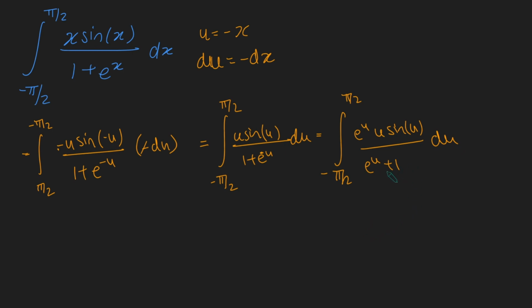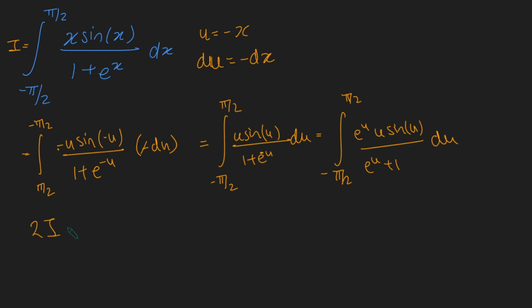Cool. Why have I done this? Well, now these integrals look pretty similar. And remember, u here is just a dummy variable. I could replace u with any letter I wanted here, including x, and this would still be true. And so the trick to working out this integral, if I call it I, is to add these two integrals